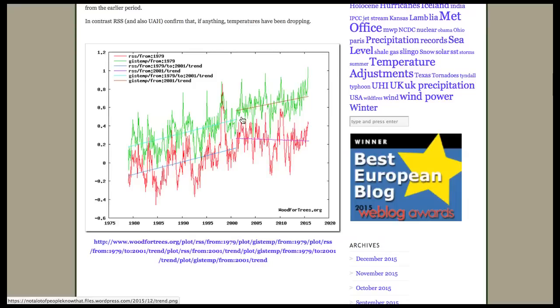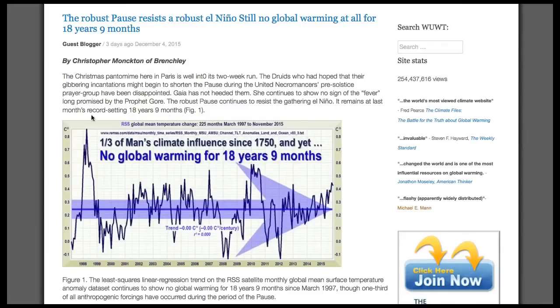But from 2001 on, suddenly the surface air temperature estimate record continues to rise, but the satellite record is showing actually a slight degree of cooling. And this, of course, is the pause which everyone has probably heard of by this point, the pause in global warming, which, for people who don't know, I'll do an entire video on this alone so you can find out